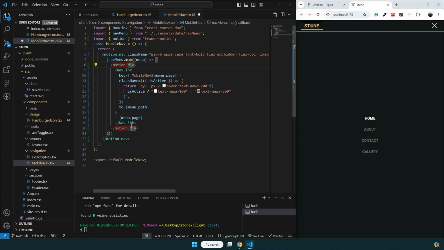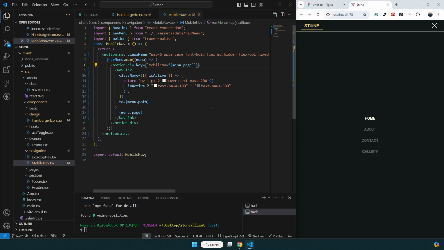Okay, so let me just grab this over here and remove it from there, and let me just add it over here. So the key is there. Okay, saved it. All right, everything is working, I guess. Okay, now